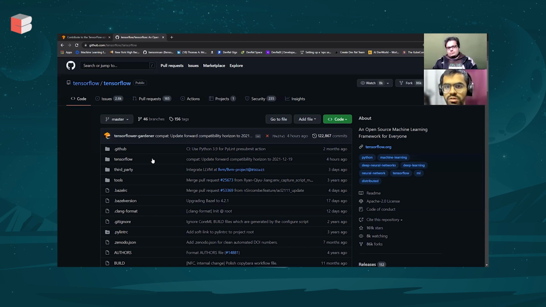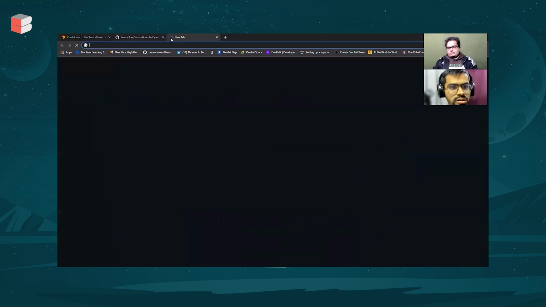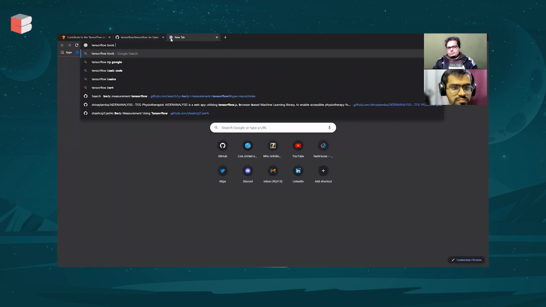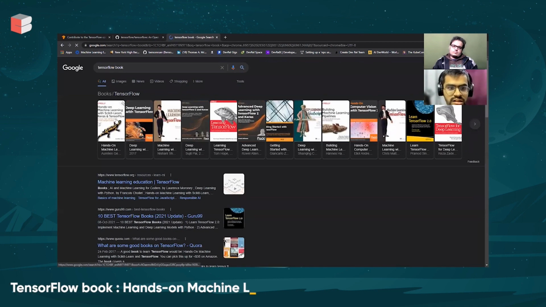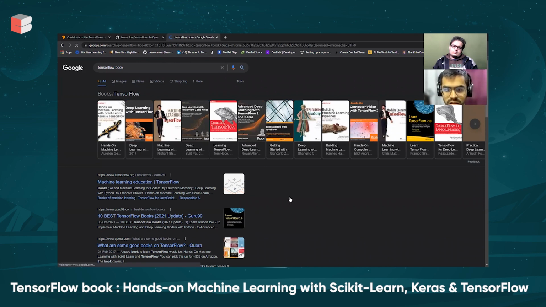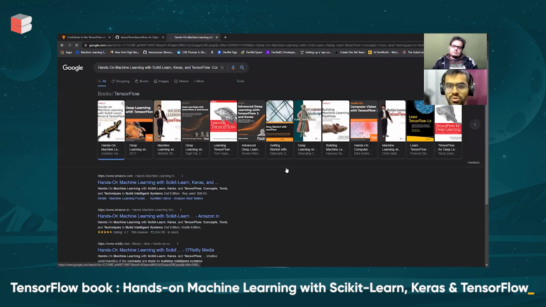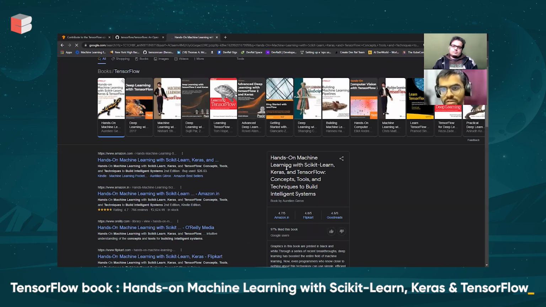But of course, if you want to learn more about the core functionality and how it works, I'll recommend some good courses, such as the dedicated TensorFlow courses by deeplearning.ai on Coursera. You can go through that, it's really good. And then there's a dedicated TensorFlow book. I forgot the name, but I think it's an O'Reilly book. This one: Hands-On Scikit-Learn by Aurélien Géron. This is a really good book if you want something book-based, and it's also a great way to understand TensorFlow.